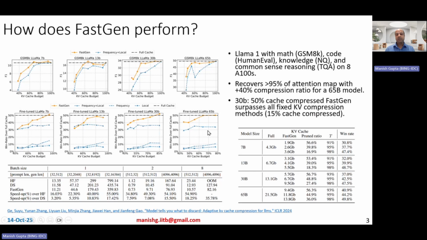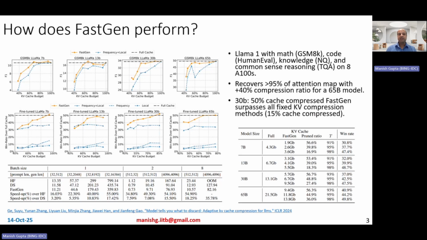Of course, for a 65 billion parameter model, you observe that even a 40% or a 60% compressed model, with just a 40% FastGen budget, is actually way better compared to any of these 80% compressed baseline models, or the 20% compressed baseline models. Okay, so that's that. Now, this win rate and end-to-end accuracy is great, but how much memory does it actually